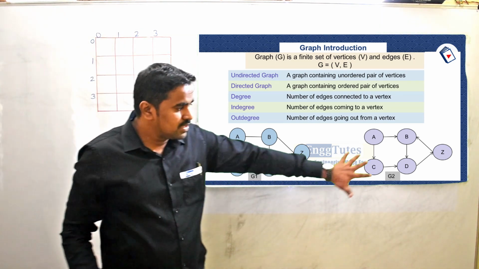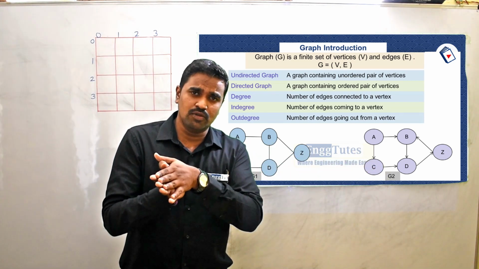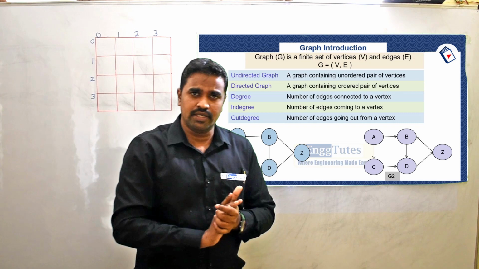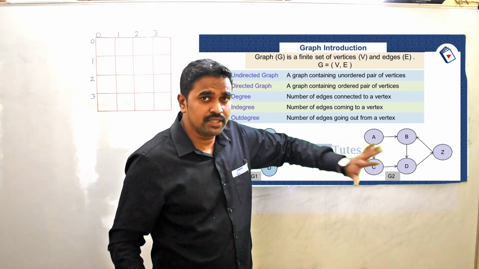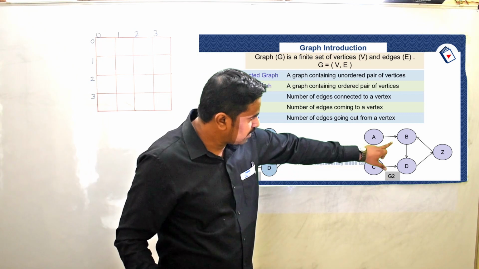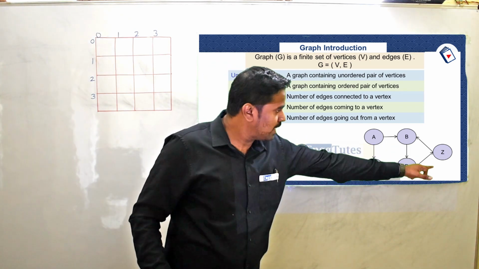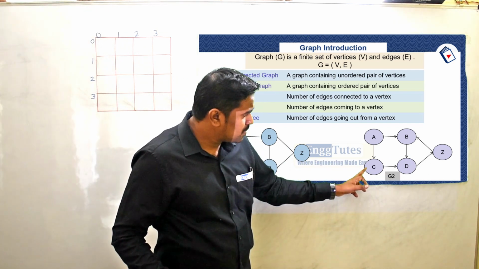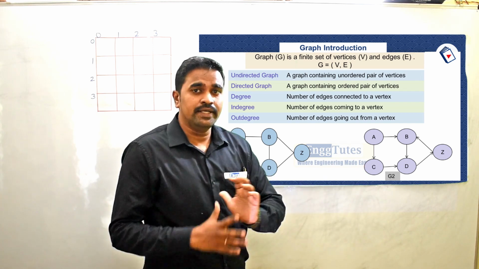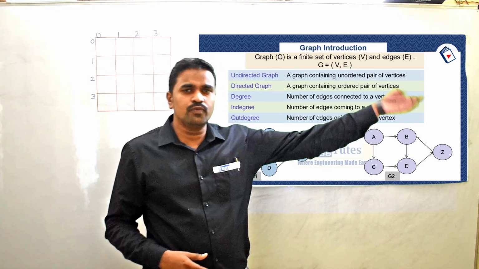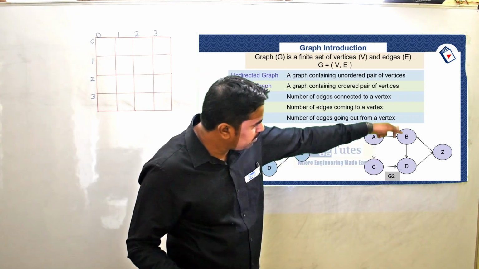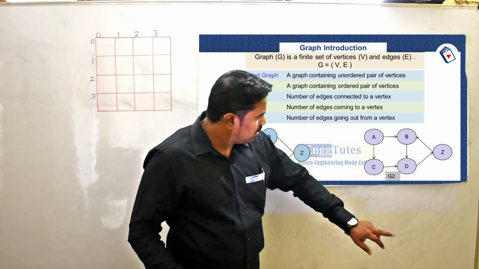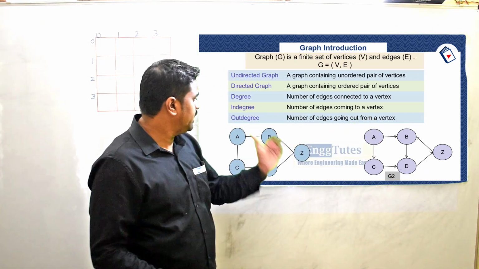But as far as directed graph is concerned, there are two types of degree: in degree and out degree. In degree says the number of edges coming to that vertex. For example, the degree of B, how many edges are coming onto B? So for example 1 and 2, that is A to B and Z to B. So in degree of B is 2, whereas in degree of C is only 1. Okay? And out degree means the number of edges going out from that particular vertex. The out degree of B is 1 and out degree of D is again 1, out degree of A is 2. So this is called in degree and out degree.